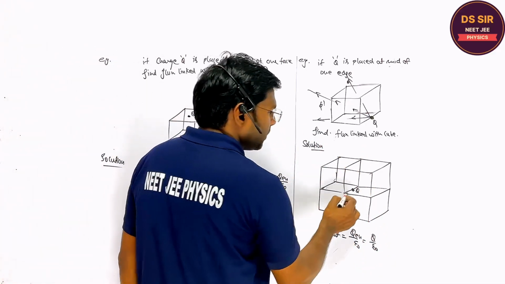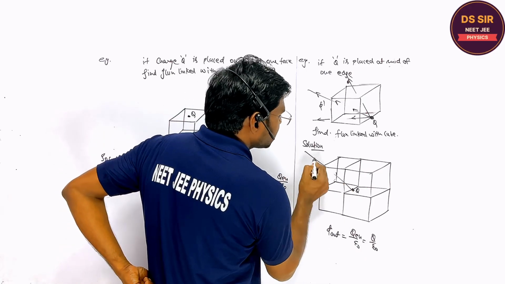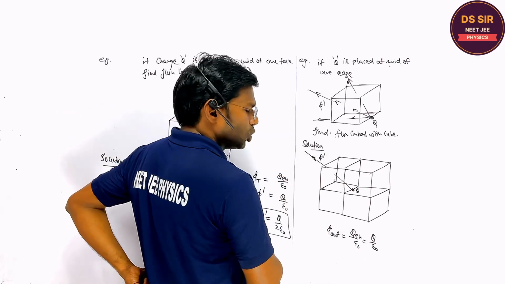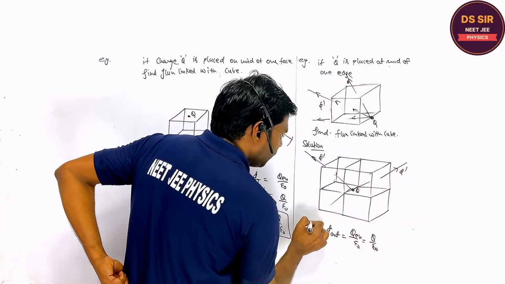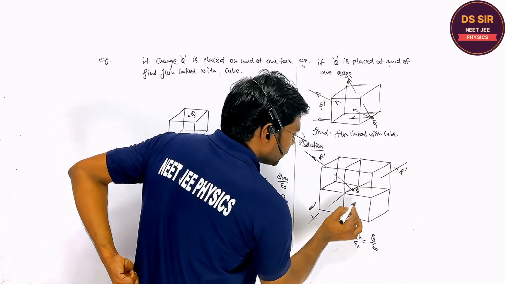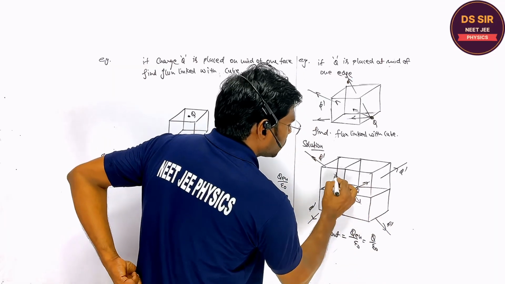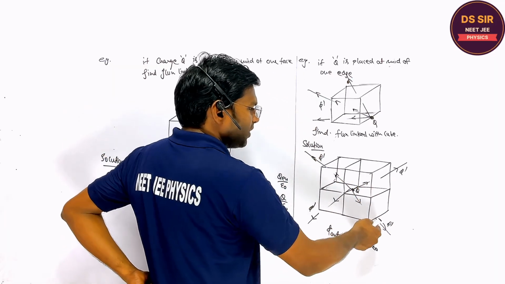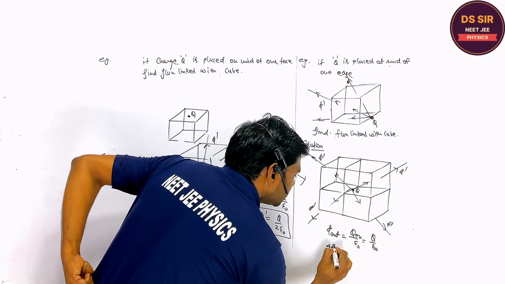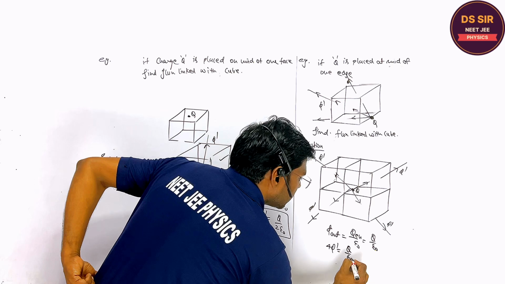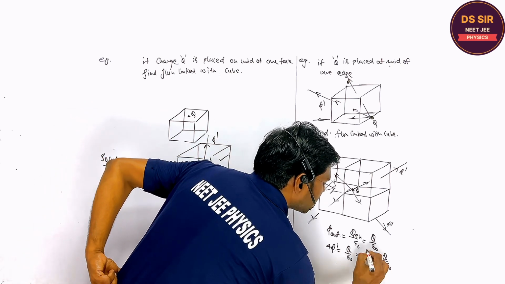And listen one thing, because this charge q is placed symmetrically, the same flux is linked with this cube, the same flux is linked with this cube, and the same flux is linked with this cube. You understand or not, you tell? So the total flux is what? Phi dash, phi dash, phi dash, phi dash. So it is equal to what? 4 phi dash equals q upon epsilon naught, which implies that phi dash is nothing but q upon 4 epsilon naught,